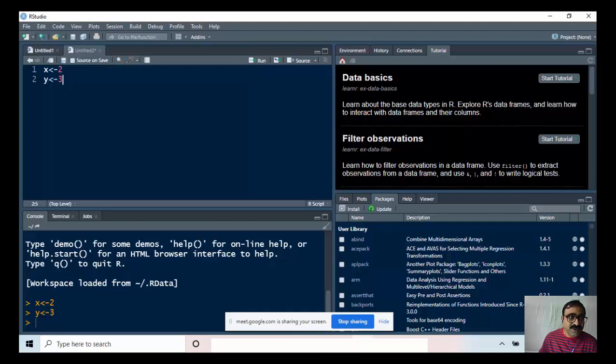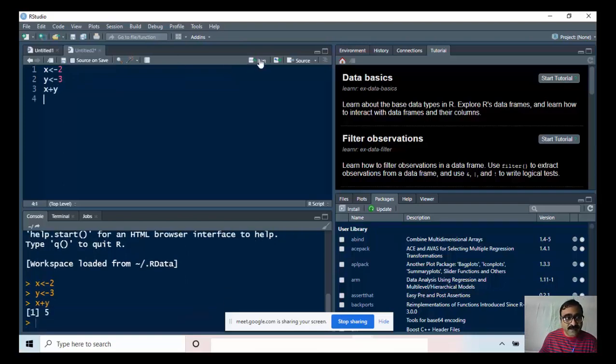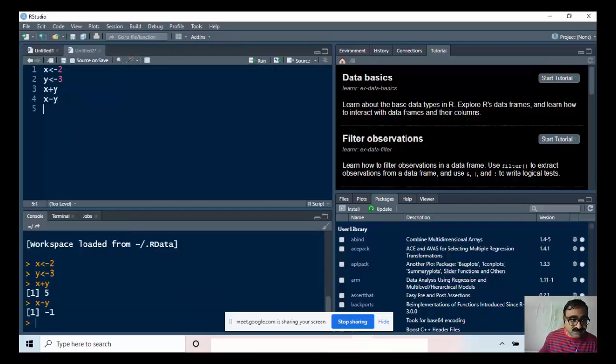If I type here x plus y and then I run, then x plus y will be 5. Similarly, I can write x minus y, so minus 1. So here you can write your program, whatever you want to do, and the result will be displayed here.